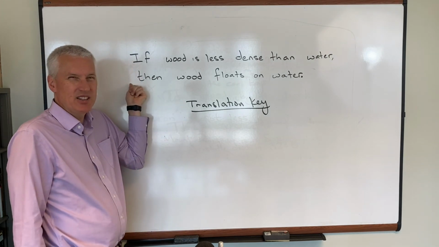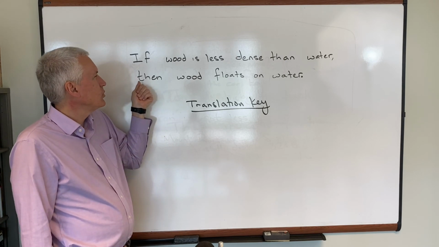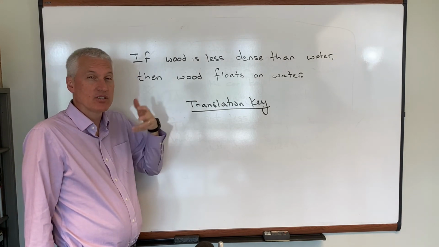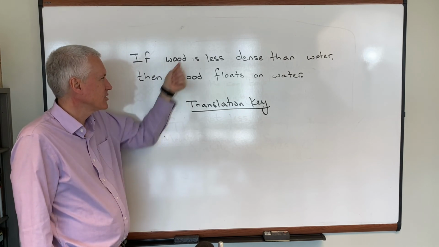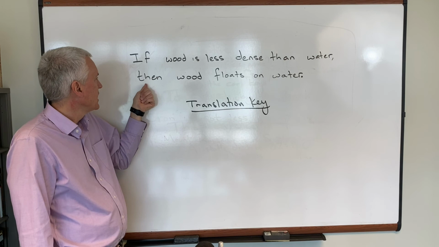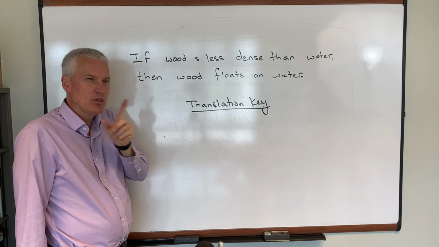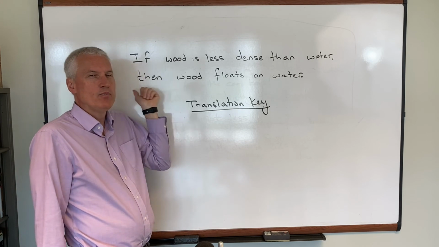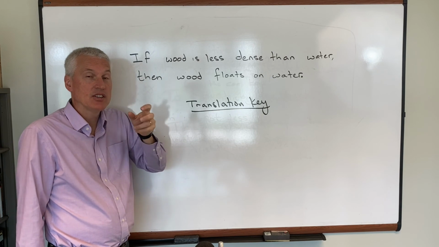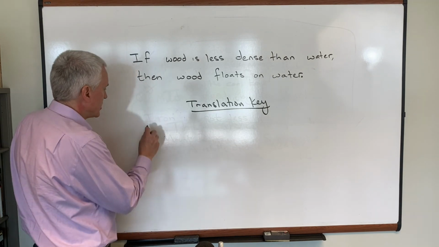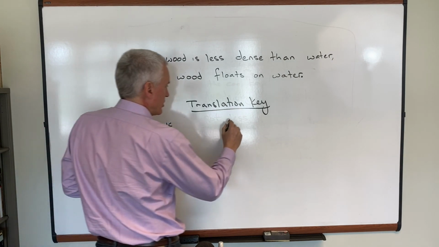And I could do that here. I could just call that P, but that seems a bad idea, because it would be hiding. It would be, first of all, it suggests that this is atomic, and it's not. And it would hide what's going on in here, that there's two sentences in here, that these sentences are being related by this if-then thing. So we would like to avoid treating a complex sentence like this as if it were atomic. So what we ought to do in our key, it seems then, is if I put over here my logic, and I put over here my English,